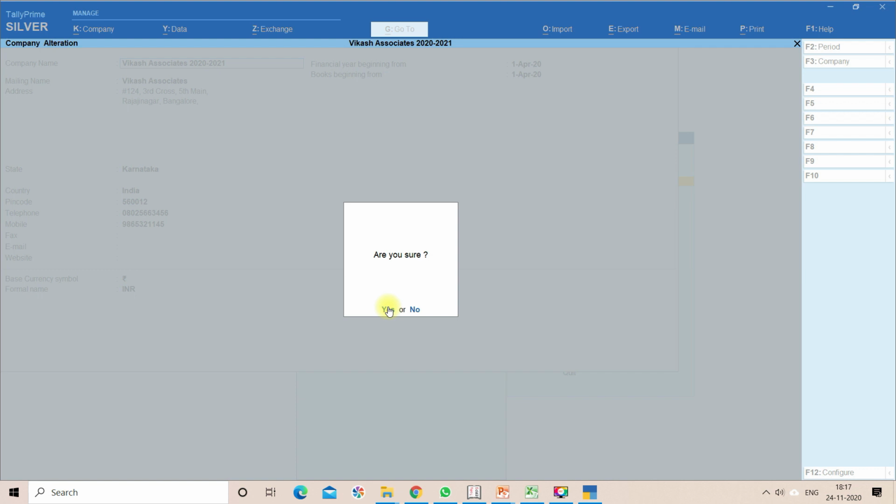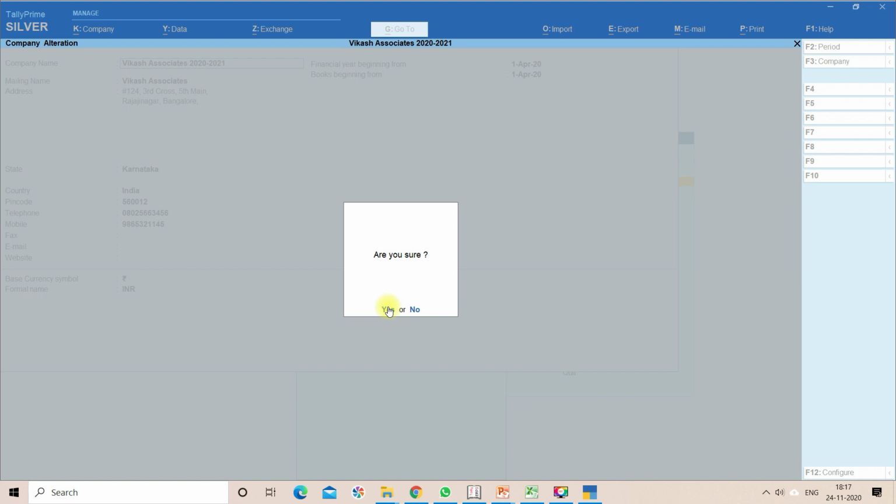There are two major reasons for deleting a particular company. If you have created any testing or demo data and you are not going to use those demo or testing companies in future, you can delete that company from the company list. If your data got corrupted, or if you want to restore the latest backup and replace the corrupted data, in those cases you can delete that corrupted company from the company list.